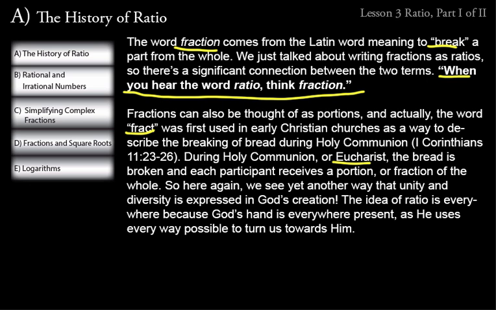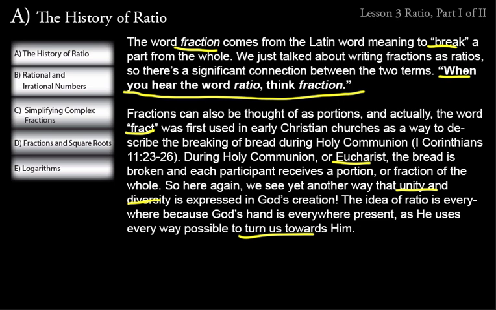Maybe for sanitary reasons during communion, your church gives out individual wafers instead of a whole piece of bread broken. But the whole piece of bread really better symbolizes the body of Christ, broken for our sins. So that receiving of individual portions from a single piece, a whole, is that idea of unity and diversity again, and is expressed everywhere in God's creation. Ratio is everywhere because God's hand is everywhere present, as he uses every way possible to turn us towards him,